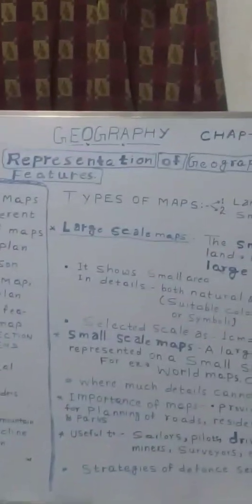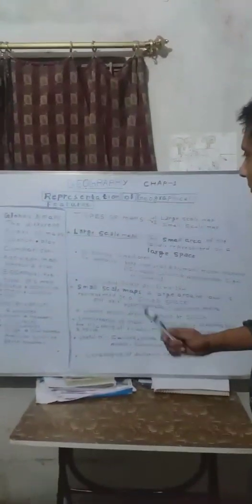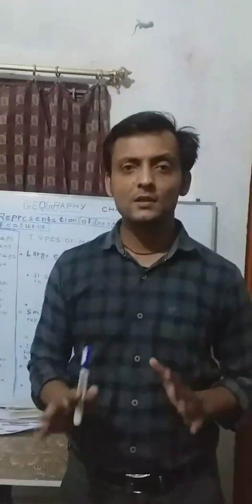First of all, in order to understand this chapter, we need to understand what is a geographical feature. Students, geographical features means natural features. Students, our earth is not even. There are some land features present over it, like mountains, plains, plateaus, valleys. These are nothing but geographical features. So now in this chapter we are going to see how we can represent all these features on